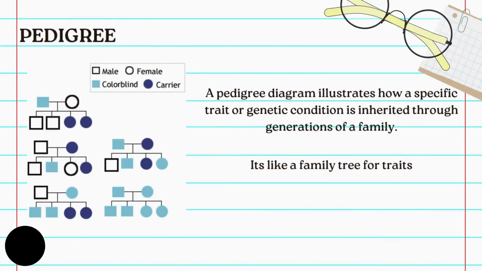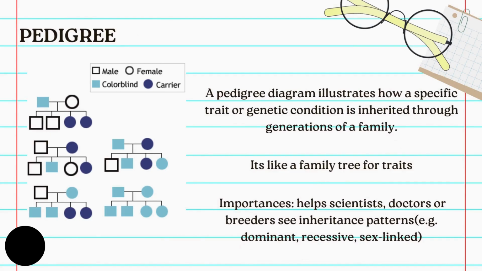The pedigree is this diagram that I have there, and it basically shows how specific traits or genetic conditions are inherited through generations of a family. So it's like you're looking at the family tree, but looking at the traits. I wouldn't say it helps you see who's related to who, but in the family tree, you can track a certain genetic disorder. That's why if a woman is pregnant,